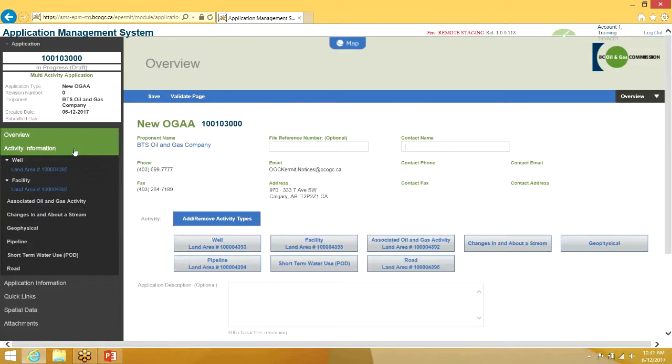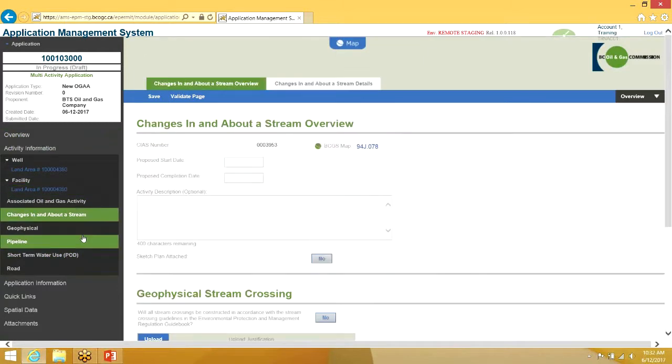The second section is your activity information. So based on the application type and the activities you indicated are required for your application, and also what you've uploaded spatially, the system will organize it in the activity information here. And then when you click through the application, the activity information, the tabs going on the front here,